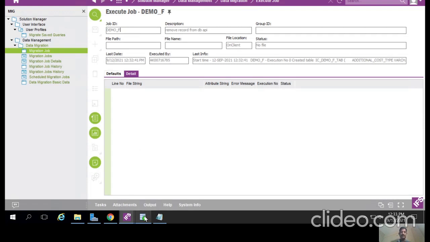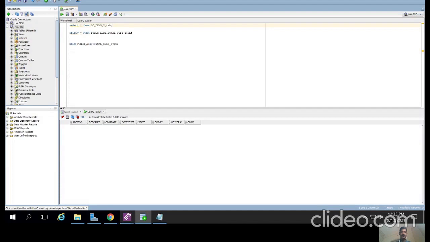So check your record. So your time table starts with IC underscore your job name, then underscore tab. Okay, so check with your data.